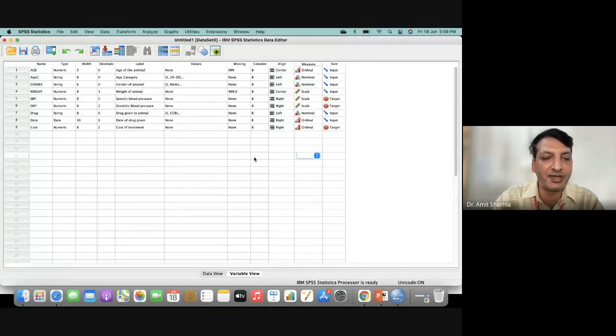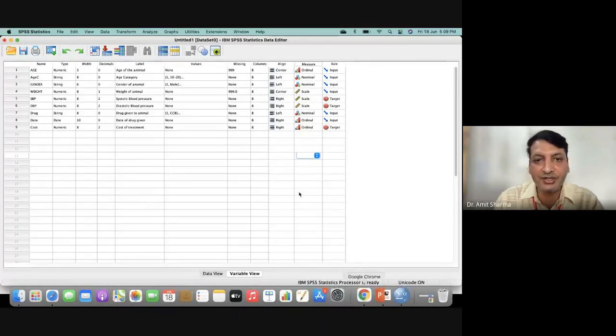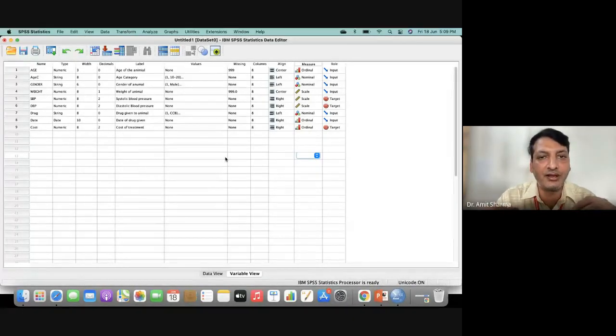And if any person has a query related to how to make a sheet, I'll be happy to take it. Yes, please. Because now only I can teach you that my data is like this. I have this kind of variable. So how to add, how to make, so that I can suggest something. For example, if a person is working in a pharmaceutics department and they are working on drug formulations, how will the coding for the formulation be done?